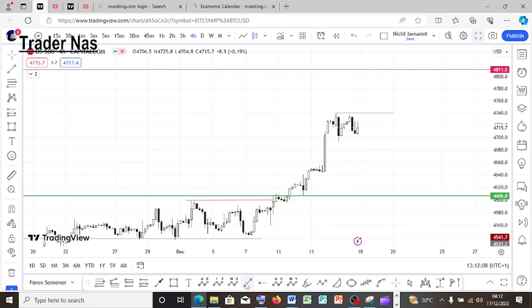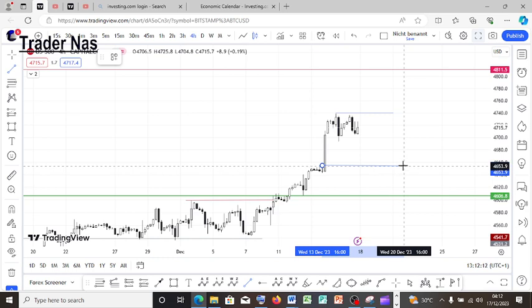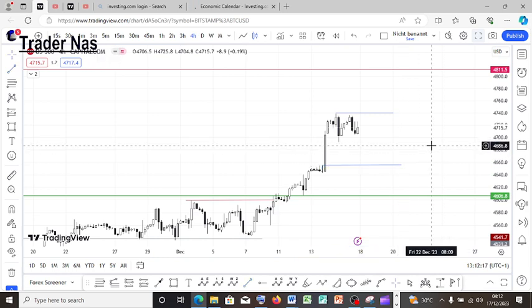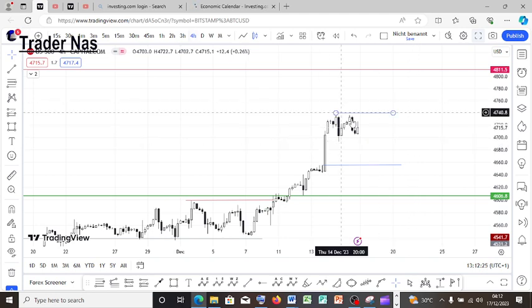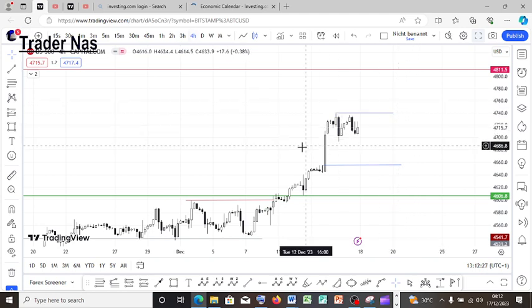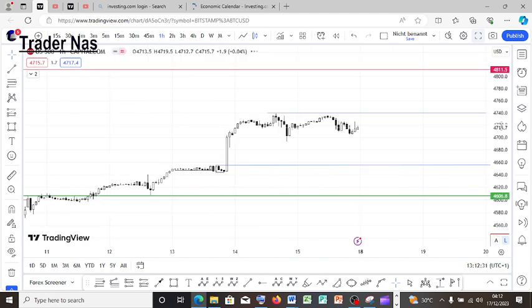Guys, who knows, if they could do that, guys? So on my side, I'm waiting for a deeper pullback on the higher time frame. I don't want to rush. I don't want to waste my time trying to assume that. No, I don't want to do that, guys. So I'm waiting for the deeper pullback on the higher time frame so that I can do something good. I always prefer to do good.